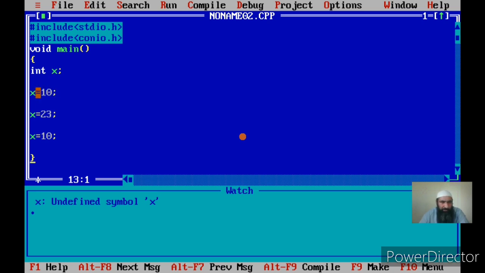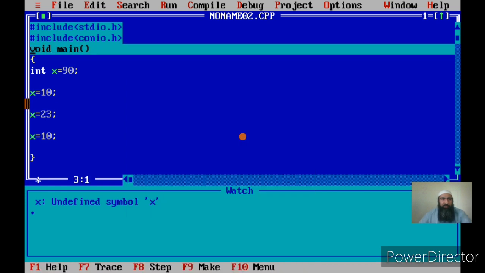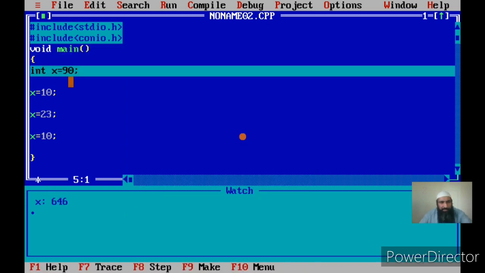Now let us see the difference between this method, which was initialization later on, where I initialize the variable after the declaration, and initializing the variable at the point of declaration. Initially x has a junk value, but now I am initializing it to 90.